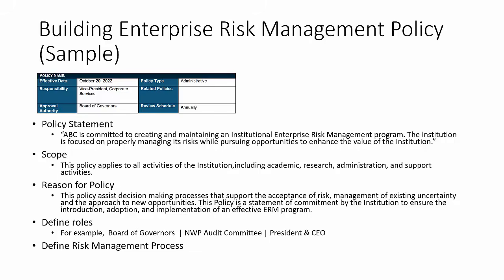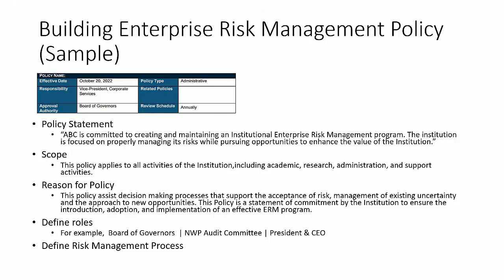When I started the session, I already showed you how the policy looks like. So your strategy further to that includes the policy. Okay, so first we create a strategy, then we create a policy, because policy sets the expectation. Policy is, you can say, governance. It's a foundation for risk management governance. And policy is a part of a strategy. Now we are moving on to the operation level where we are conducting a risk assessment.